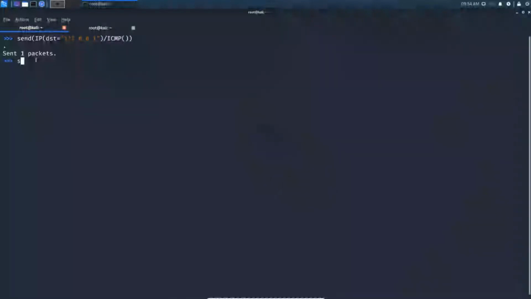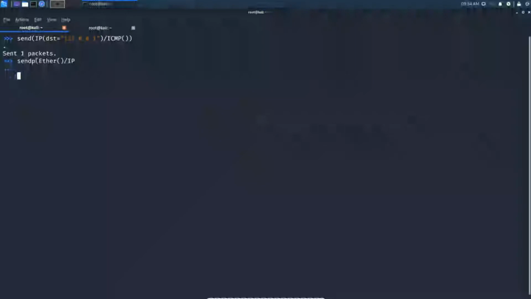And here we are again going to see the sendp method, how to use the sendp method. Ether(). Make sure you use parenthesis after it.